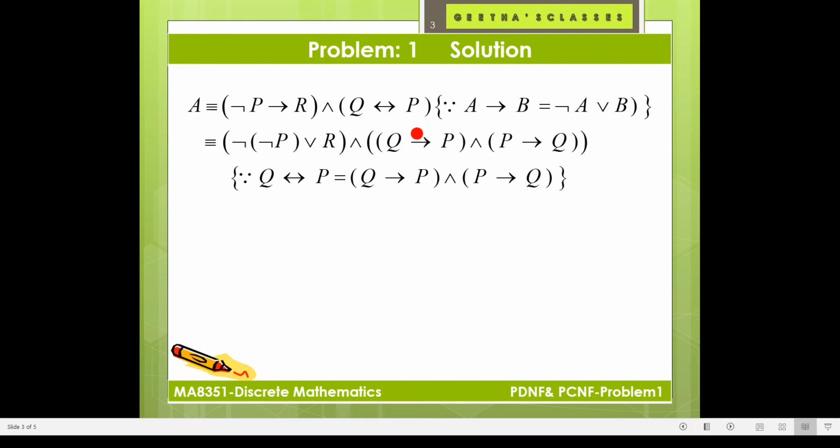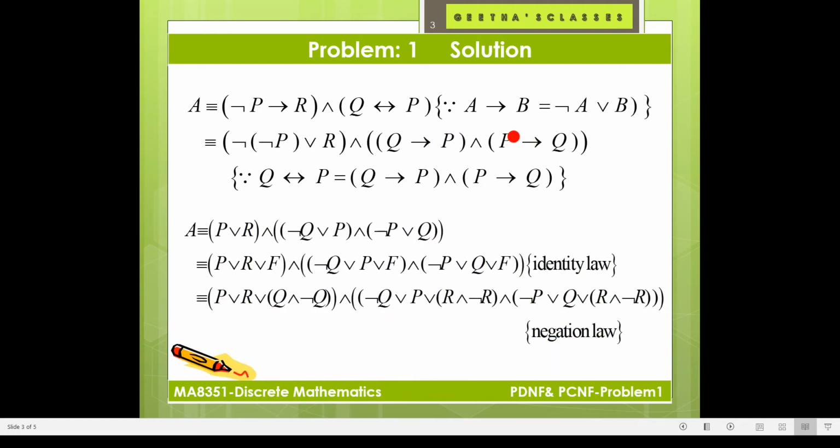So again, in this formula also you are having one more implies. Here also the second term you are having one more implies. So you have to eliminate these two implies symbols, right? So by using the formula, the first term, negation of negation, becomes positive, or, and then the second term, you are replacing Q implies P by not Q or P, and again you have to replace this P implies Q by not P or Q.